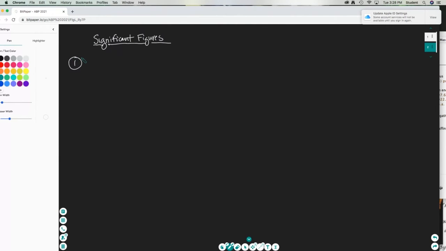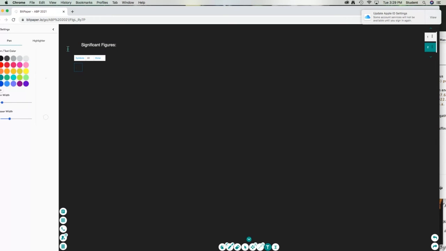What these are essentially is a way for scientists to determine how accurate they're being in their calculations. And typically, there are times in which we use these sig figs when we're measuring, to determine how exact we are being in our experiment. Okay, so what is a sig fig? How can I recognize it? Well,